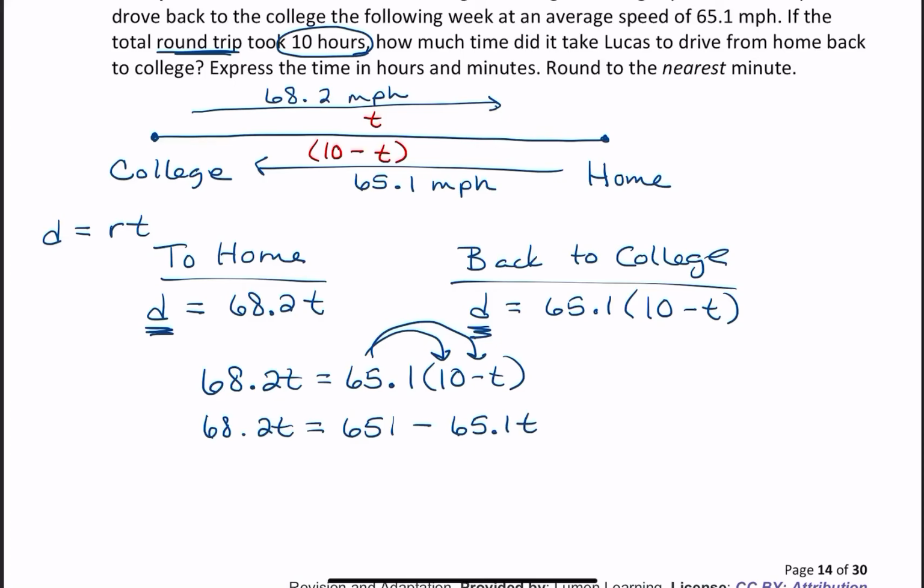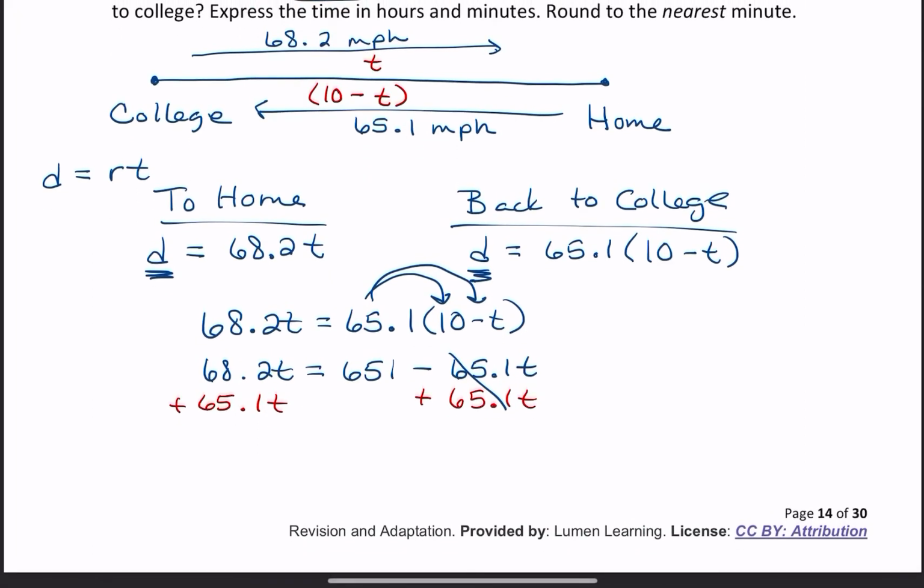Then I'm going to add 65.1t to get my t's on one side. And that will give me 133.3t equals 651. And then when you divide, you're going to end up with t equals